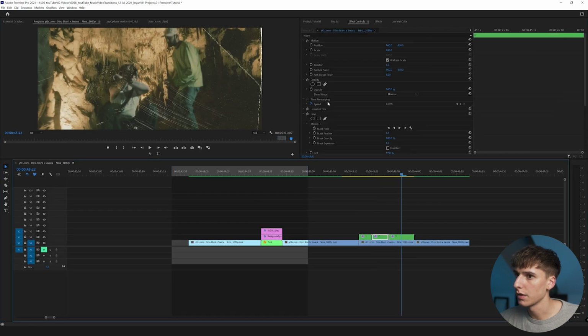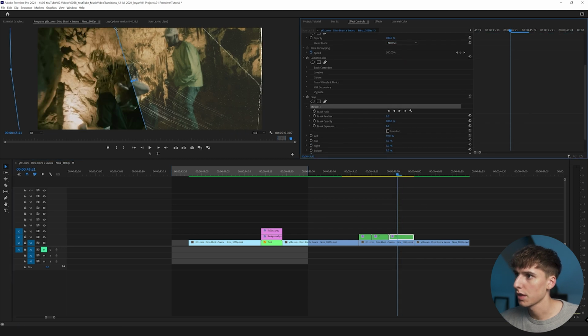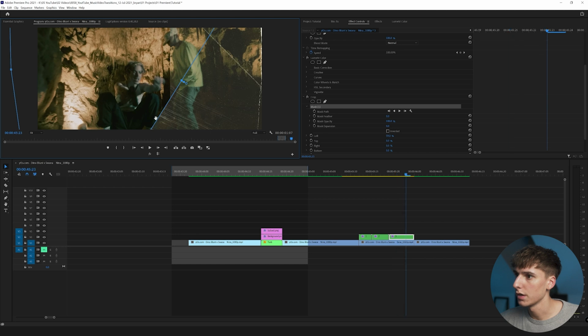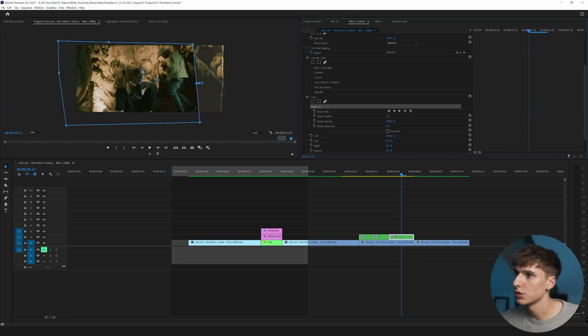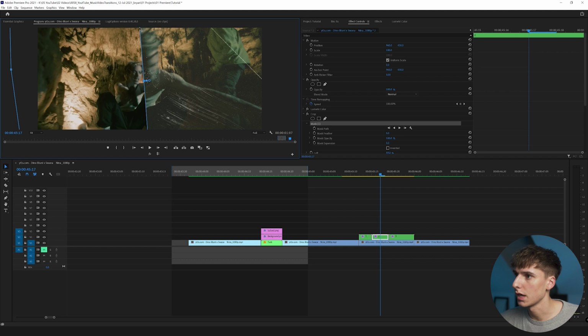And then I'm gonna go ahead and actually copy that crop to this one, and then just change the mask path to something more over here, and just make sure you drag that to 100% so it goes all the way over. And I'm actually gonna make this angle a little less aggressive here. I just think it looked a little odd having it that much like that.